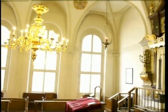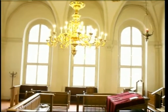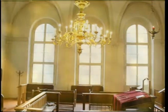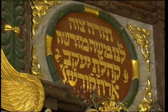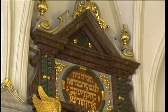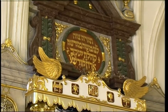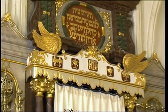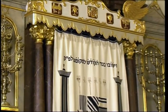The High Synagogue has the best preserved interior of all the Renaissance synagogues in the Jewish town. In 1691, a new early Baroque arch was installed in the eastern wall, with a Torah crown and an inscribed cartouche in the pediment. Behind me you see the Aron Kodesh, the Holy Ark. And this ark is built in the year